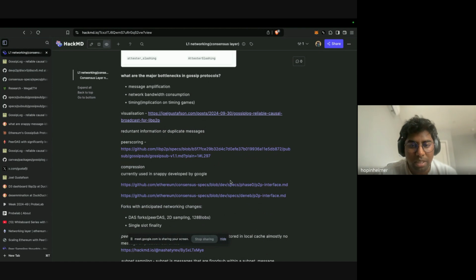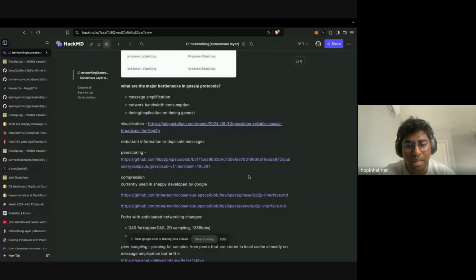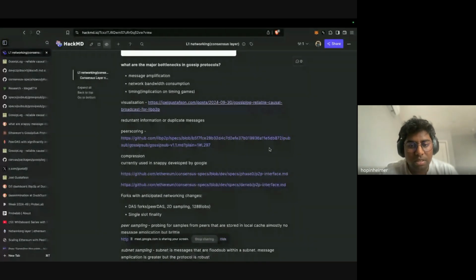So that's where peer scoring comes in. If the node sees bad behavior by its peers, it starts down scoring, and then there is a possible message in the network saying that this peer has been acting bad. So all the peers start down scoring that particular peer, and then eventually there is a graft message, I mean, a prune message on that peer, and then the peer is just kicked out. So that's one.